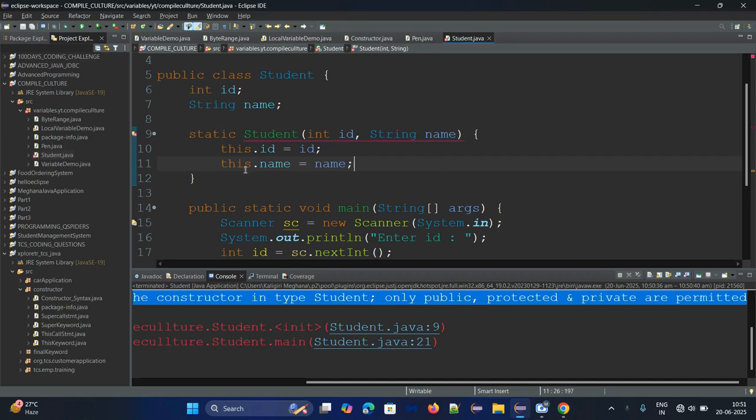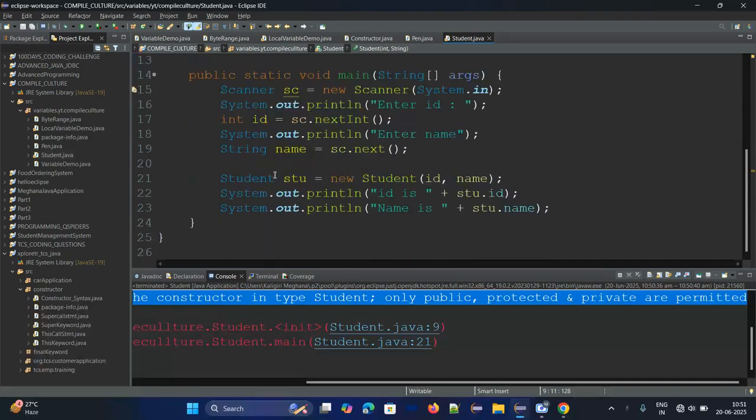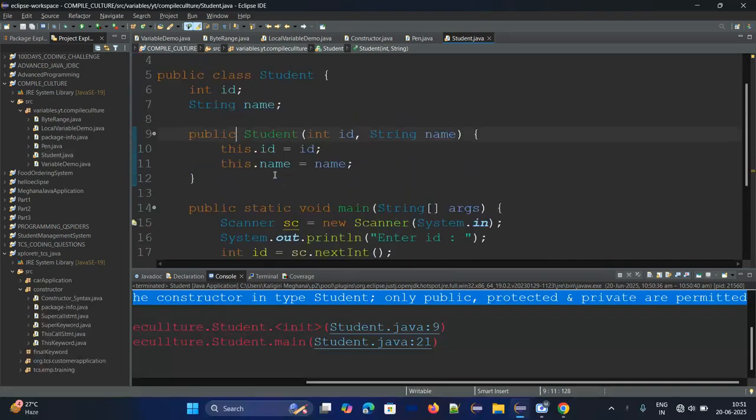Make a note of this very important point. We'll get to know what is public, private, protected, everything in upcoming videos, guys. So don't worry. As of now, just remember only public, protected, private are permitted. Constructor cannot be abstract, static, final, or synchronized. That's it. Now, why we use this constructor means